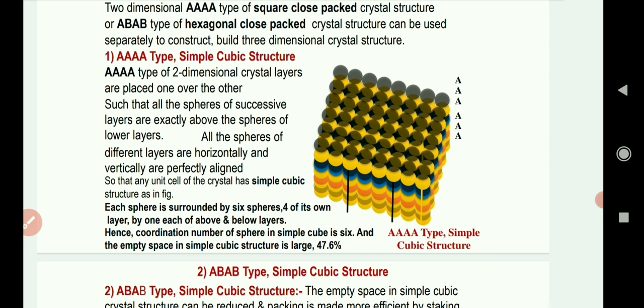Here the coordination number of the sphere becomes 6, and the empty space that is present in this simple cubic structure is 47.6%. Here empty space is more because this is a three-dimensional arrangement, like how you see a cube. The particles are arranged in 3D formation. It is not a plane now; the particles have length, breadth and height. But the specialty is that all the spheres are one below the other, with no gaps. This is giving rise to a